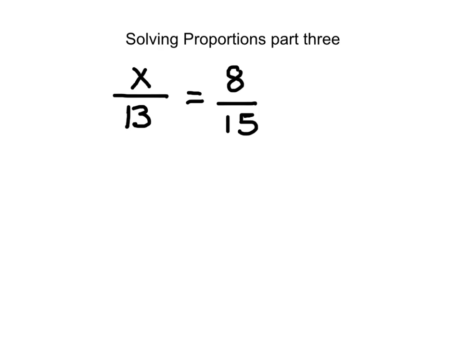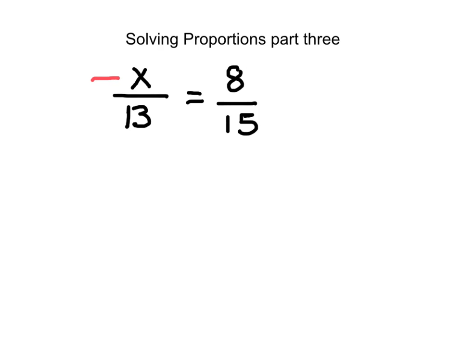8/15 will not reduce, it's already in lowest terms. And 13 does not multiply evenly into 15. Therefore, we have to use a different method. Now, many of you have probably been taught you can cross multiply and divide, and that is a perfectly good method. However, when I have a proportion like this,